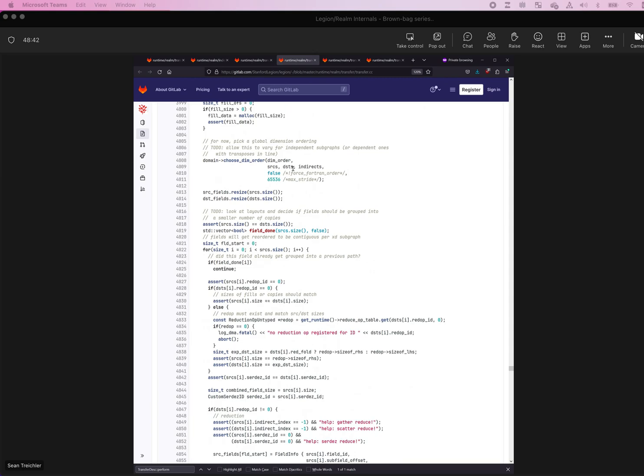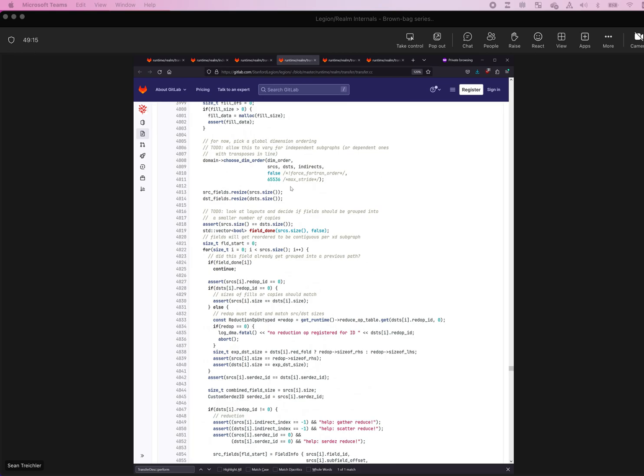So I guess that shows up if I had a 2D array of structures and I was only copying out one field, I'd still rather go through the structures in row major, in the natural order, even though it's not going to result in a contiguous copy. It's going to result in small strides, and I might get some cache line reuse. And in my experience, CPUs are way more sensitive to this than GPUs, but it doesn't hurt GPUs to do this either. Okay, anyway, what comes out of this is a dimension order, and this was decided over the entire